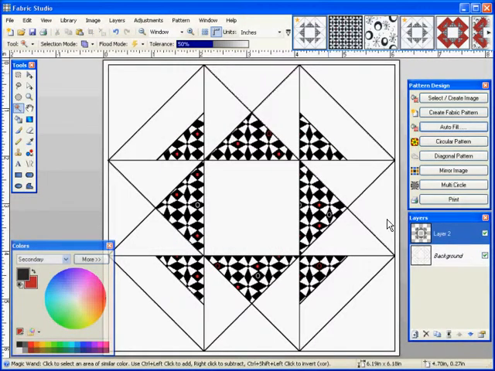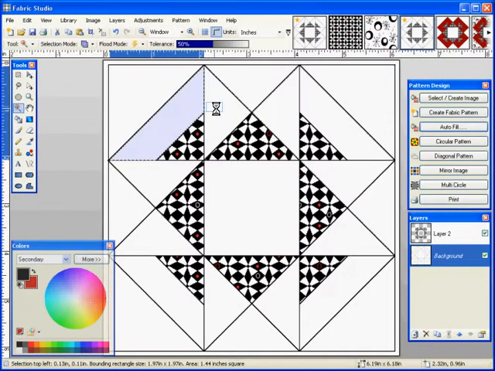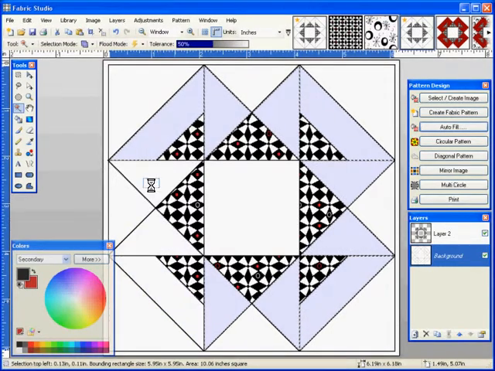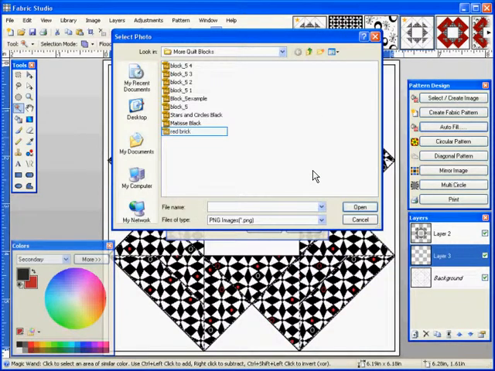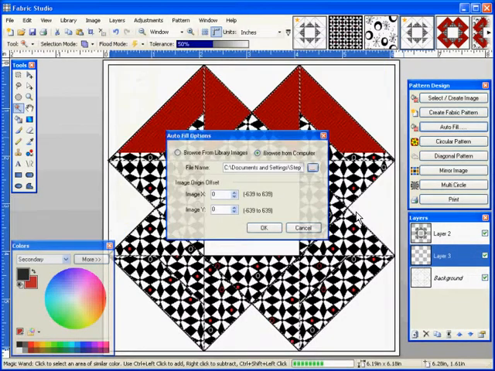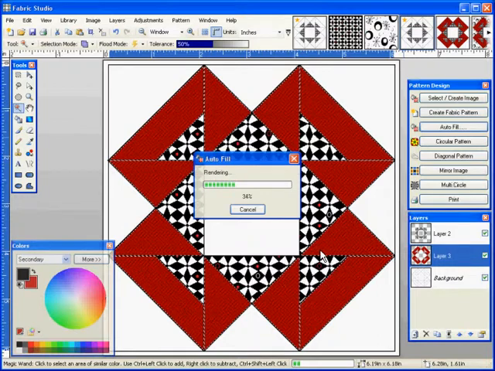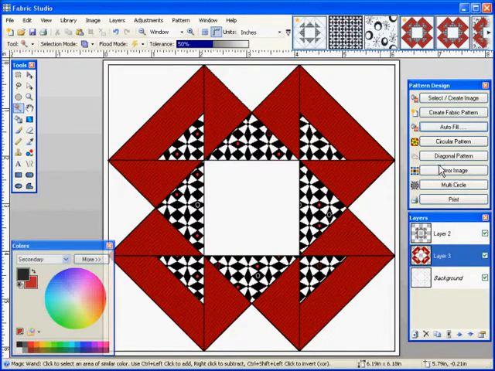Alright, we're going to go to our second layer, and this time we're going to go back to our background layer. It never hurts to remember this stuff many different times, and we're going to go to the next area we want to autofill with our magic wand. And I'm going to use the autofill function of the software. I'm going to take a look, and I know that the next is our red brick that we made, and I'm going to click, and I'm going to hit OK, and once that's done I'm going to hit enter, and then we're going to go to our last layer,